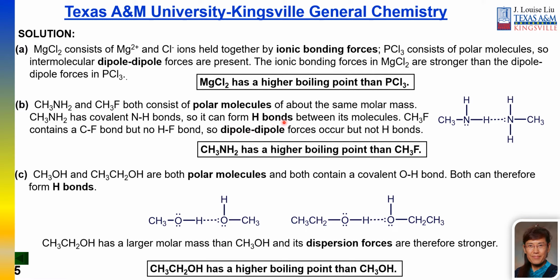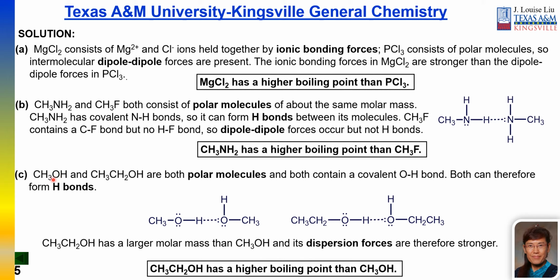Hydrogen bond is stronger. Therefore, this CH3NH2 has a higher boiling point than fluoromethane, CH3F. Group C. You have one molecule, CH3OH, second molecule,